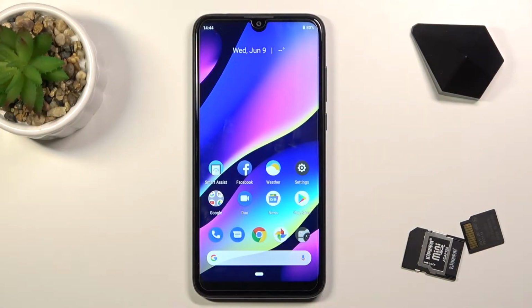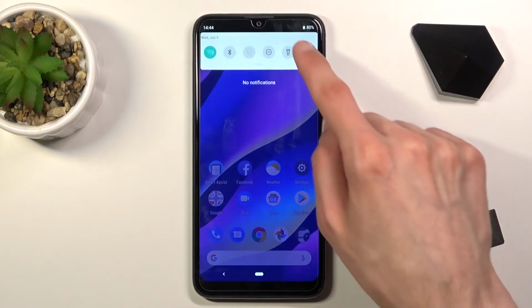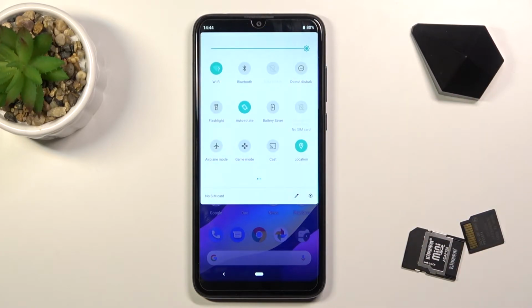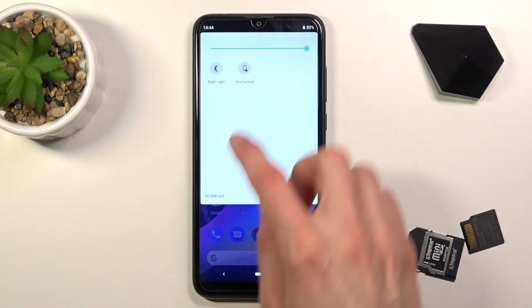Welcome, in front of me is a WIKO View 3, and today I'll show you how to enable and set up the portable hotspot. To get started, you will want to pull down the notification panel and look for the hotspot toggle, which for me looks to be,